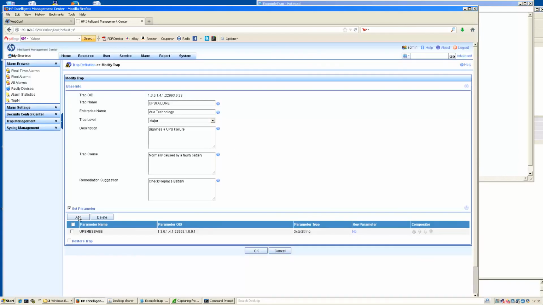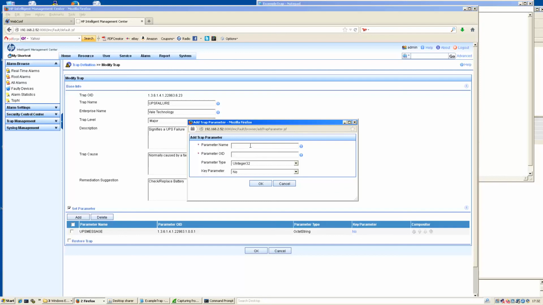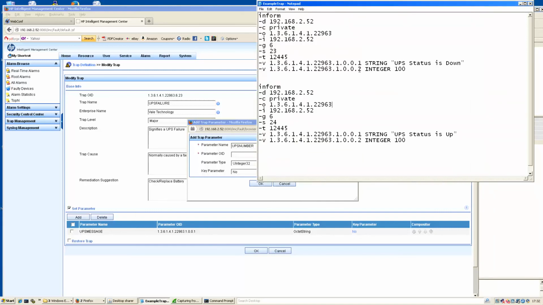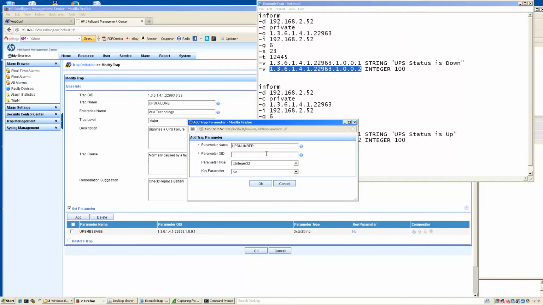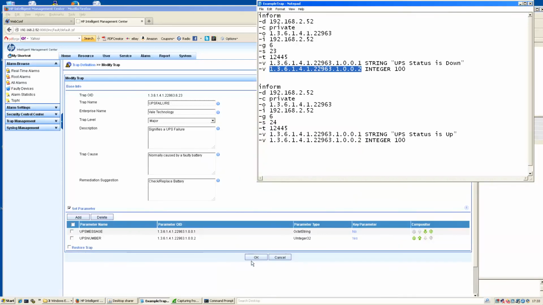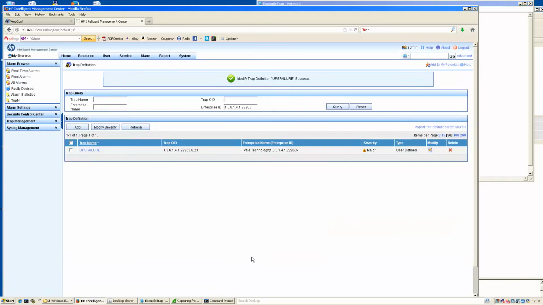Delete. Click OK. Add. Put in the parameter name. Put in the OID number, which is that one there. And what I need to specify is the data type. So in this case it is an integer, and I want to use it as a key parameter. So click OK, and then click Save. OK again. Right, now I want to define the recovery trap, so I click Add,